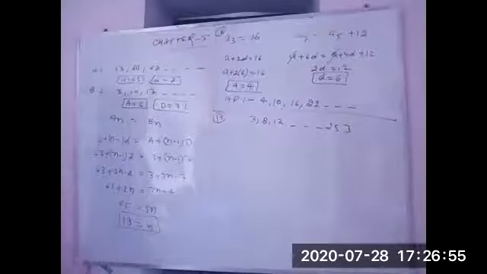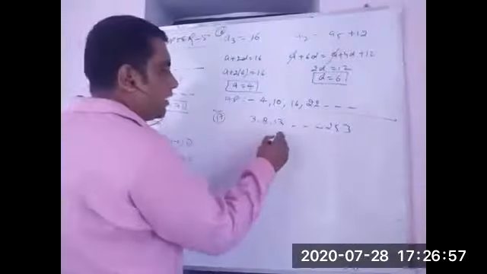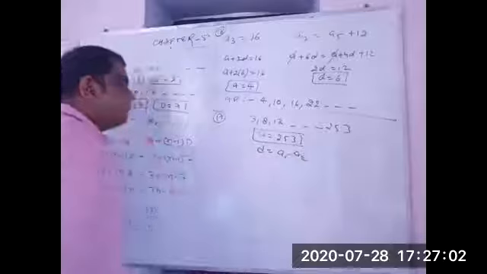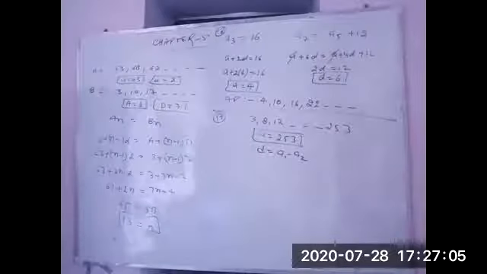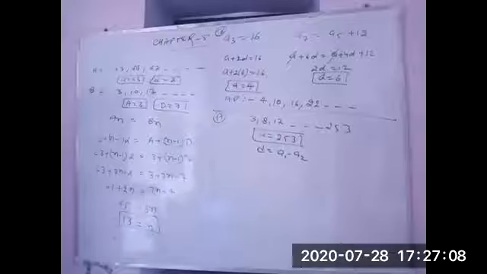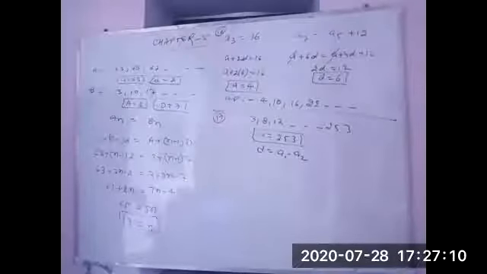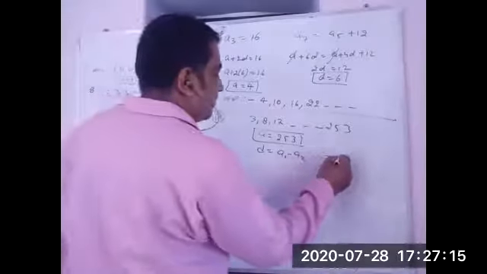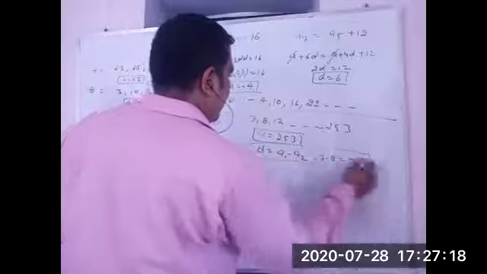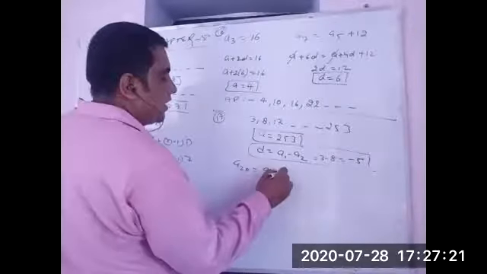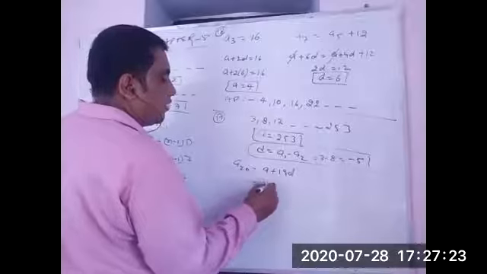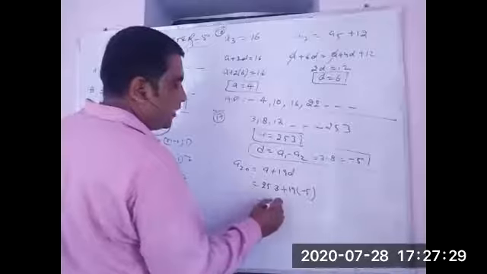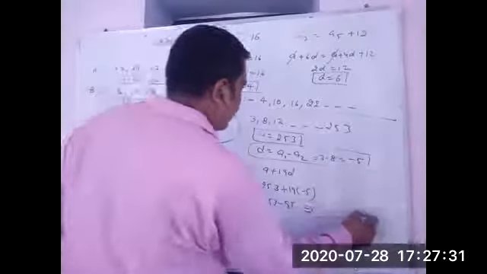Now what will we do? Listen to me. Take a as the last term, 253. Now d will be equal to a1 minus a2. When we are doing it from the start, it is a2 minus a1; from the last, it is a1 minus a2. This is the only change you have to make. 3 minus 8 will be minus 5. Now a20 is a plus 19d. a is 253, 19 into minus 5, so 253 minus 95. Minus 8, sorry, you will get your answer.